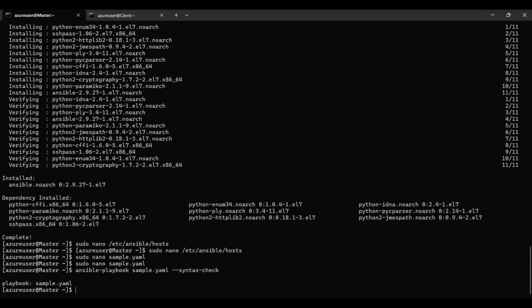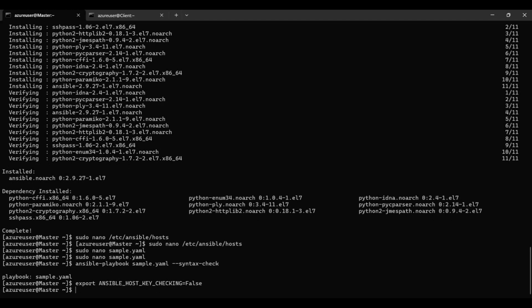So now the next thing we want to do is disable host key checking. So if you realized, in the host file I used username and password. But if host key checking is enabled, it's going to tell you that using an SSH password instead of a key is not possible because of host key checking. All right. So what I'm going to do now is disable it so we can go ahead with using the username and password. All right. So now that that is out of the way,